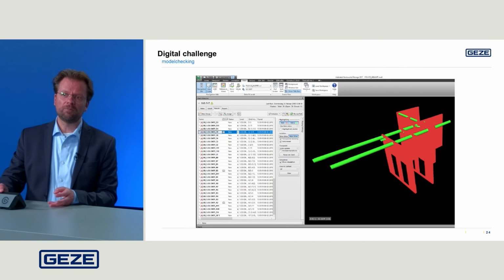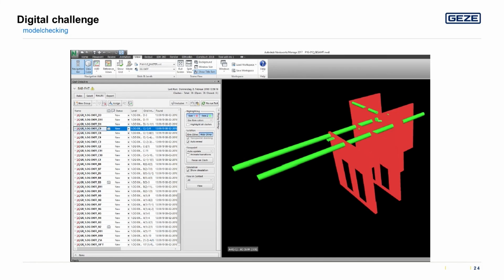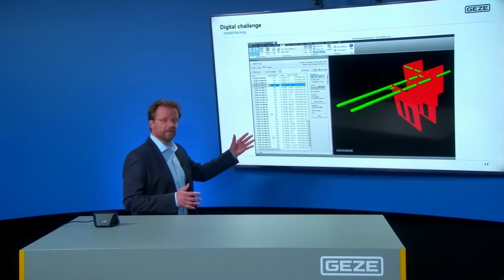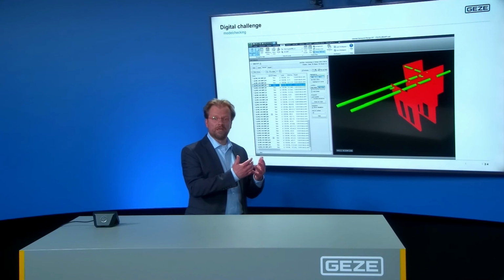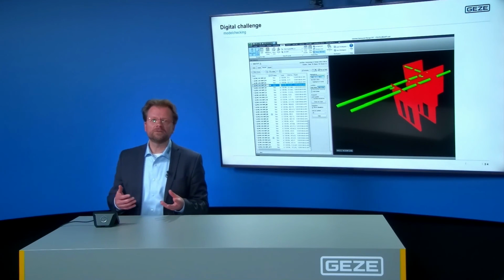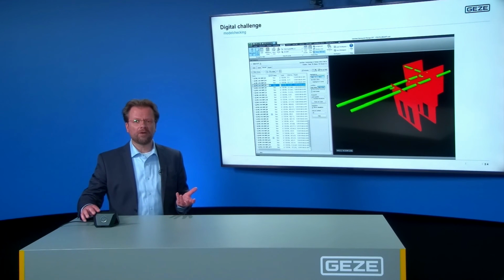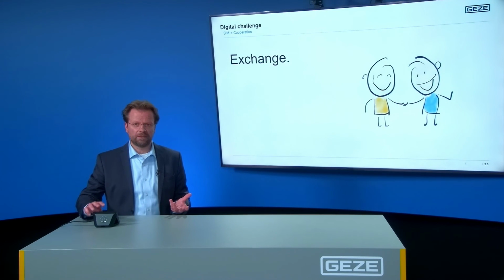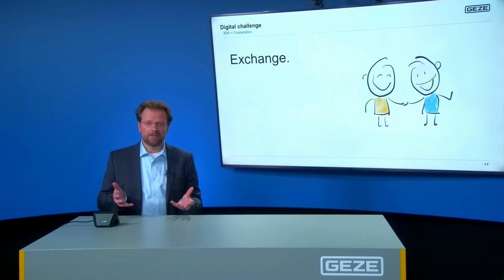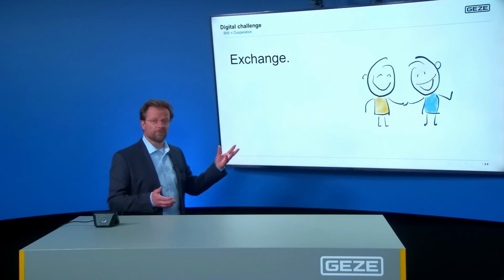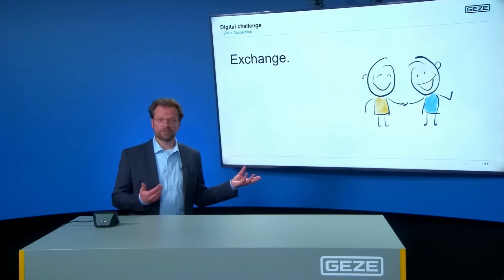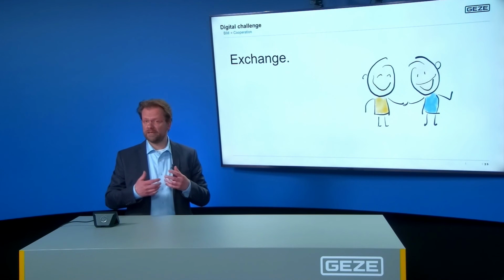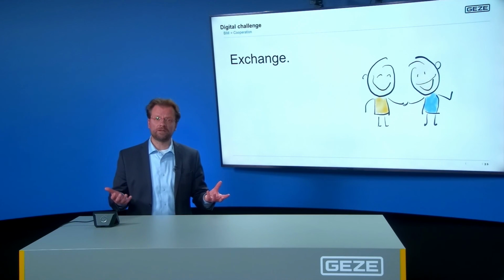So this is a picture you might know. This is Navisworks or Solibri. So these pictures show you, well, there's something in 3D, there is something wrong here with these pipes. There is a conflict. We are able to check parameters against each other. So it's not just about 3D planning. It's about working together, to be in exchange, to really work with you, we as a hardware producer, and with you as the planner, as, well, whatever you are.